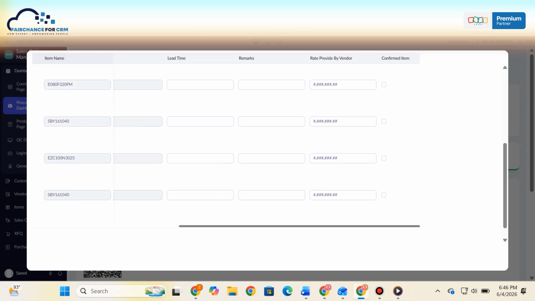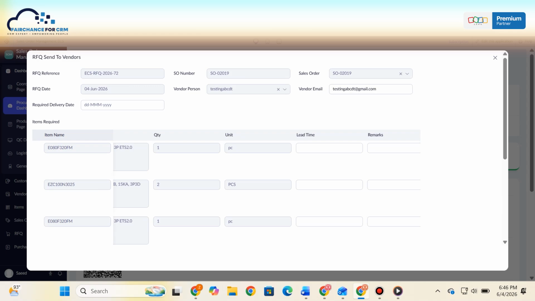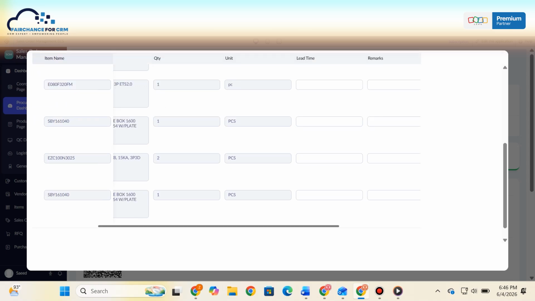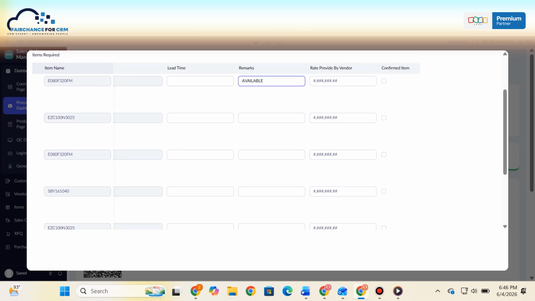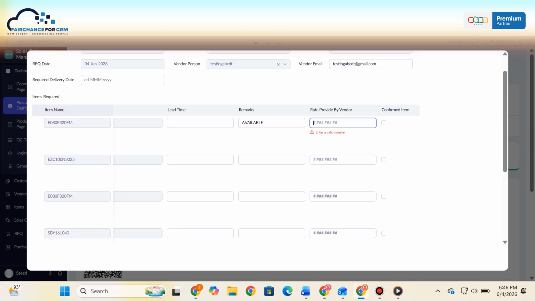Now I have to add remarks. I have to add the price, the rate provided by the vendor, and confirm the item. The rate provided by the vendor.